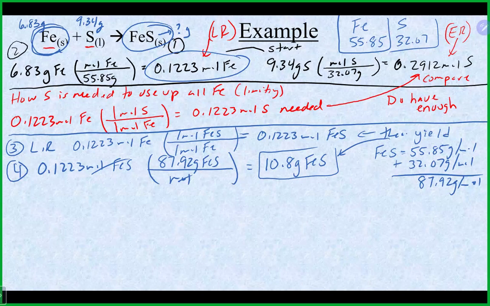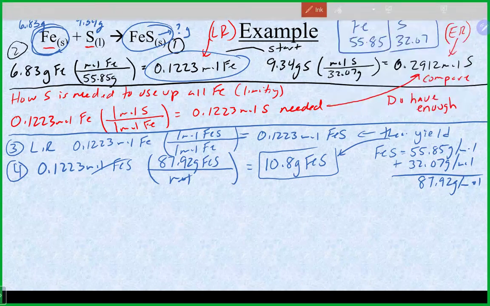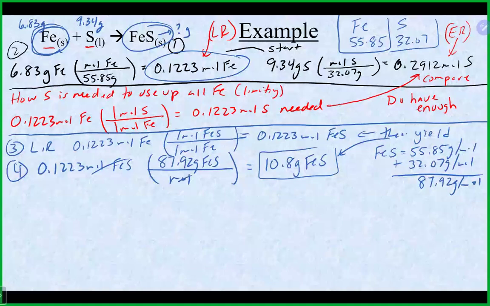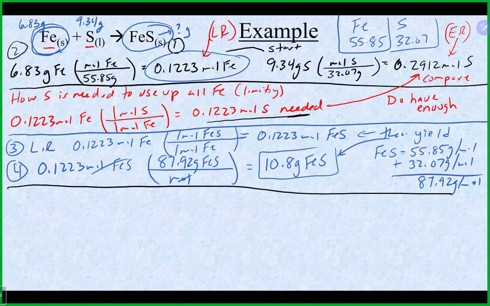Now, the additional thing that I wanted you to answer was how much of your excess reagent would be left over. And because I did choose sort of this method, and I picked luckily here, I actually have all that information sitting in front of me. I don't necessarily have to go back and recalculate it. So from my limiting reagent calculation, I figured out I needed 0.12 moles of my excess reagent, and I had 0.29 moles to start with. So the excess leftover would be my starting amount,